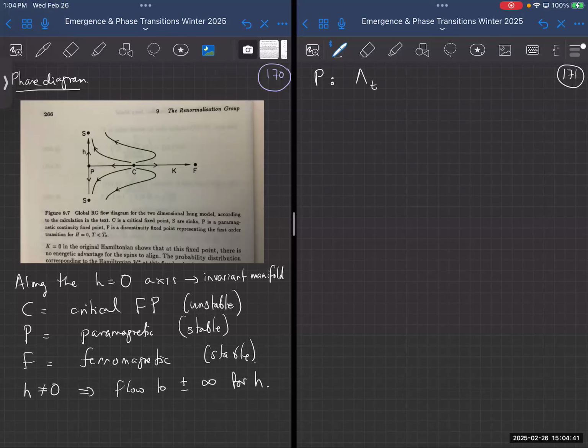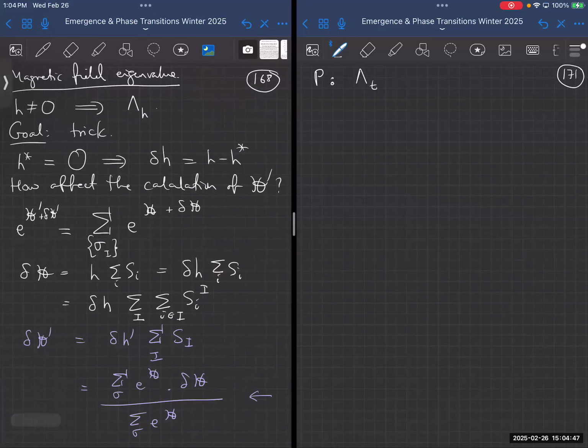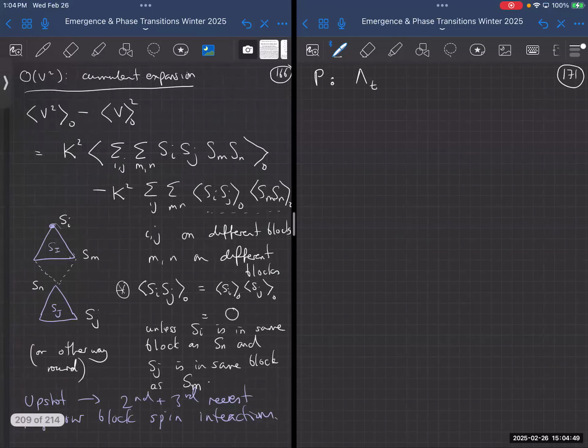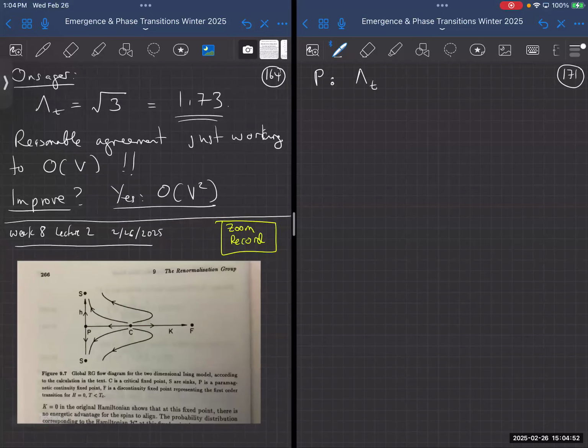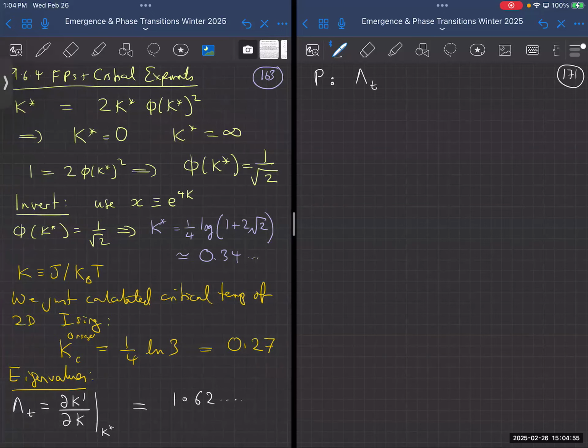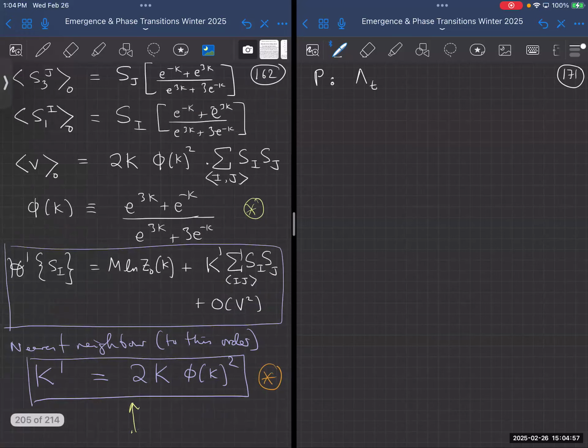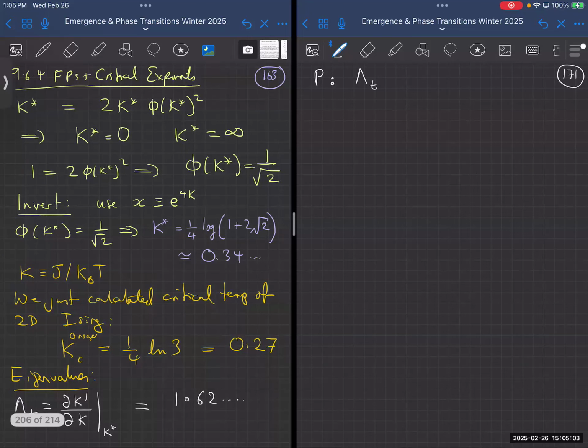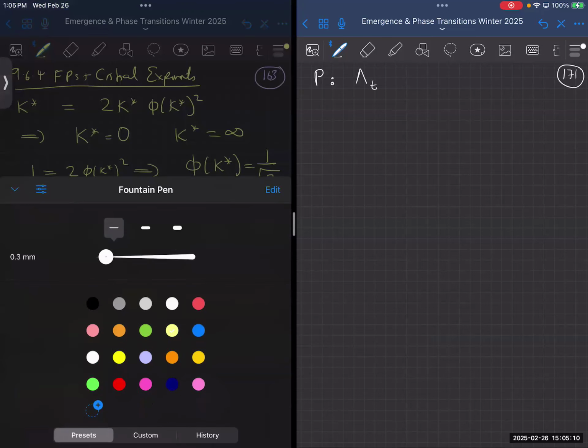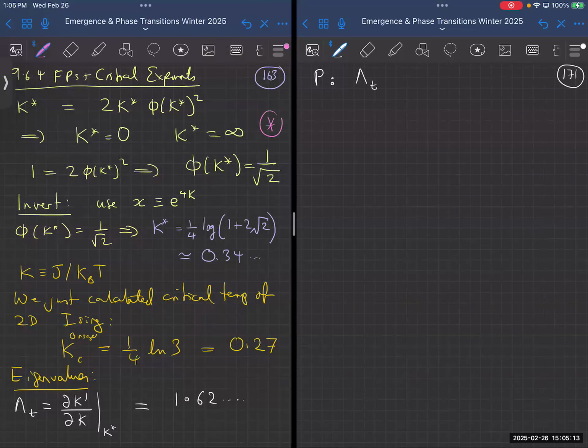Again, all I'm doing is going back to the calculation we did last time. So here is our RG transformation. The fixed points for this were either 0, infinity, or k star. Last time we evaluated the transformation by linearizing around k star,